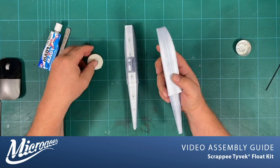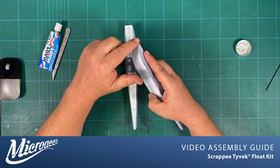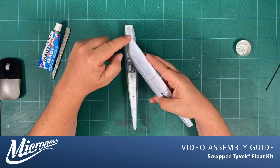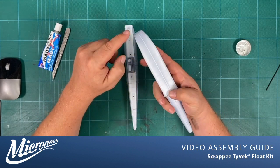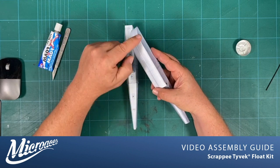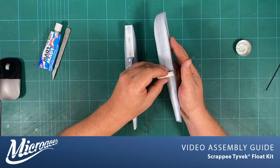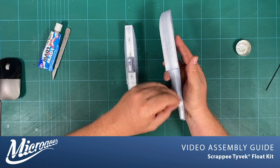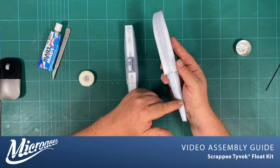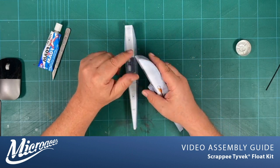Now, I'm not putting it on hot because the Tyvek does react to petroleum, it reacts to lighter fluid, and of course candles, with the melted wax, could actually cause an issue, and of course the heat as well. So I'm just putting it on and using my finger to provide a little bit of heat to meld the wax into the various areas. So just wiping it over. Obviously I don't want to use too much because it adds weight, but just a little bit here and there, just to help with sealing